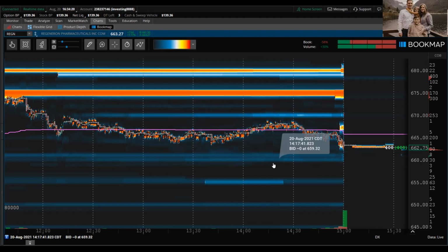Because a lot of times you're trying to rely on lagging indicators like RSI and moving averages, stuff like that. If it's above all the moving averages, you have no idea. You have no idea where to get out. So again, this is